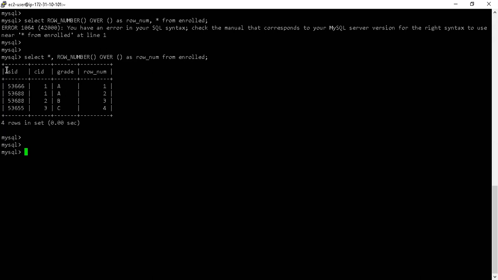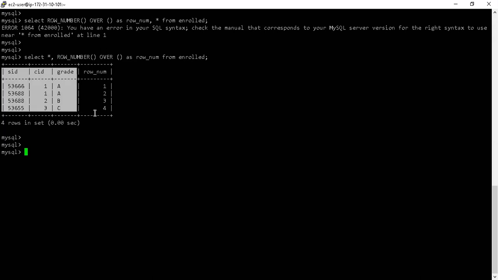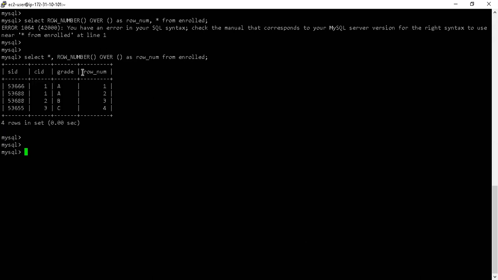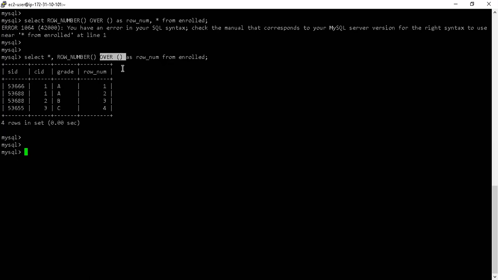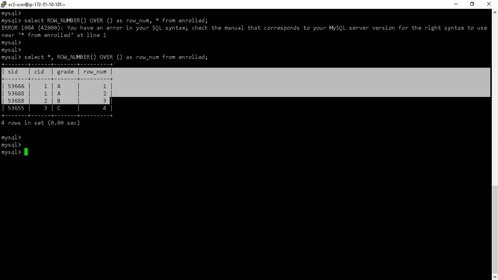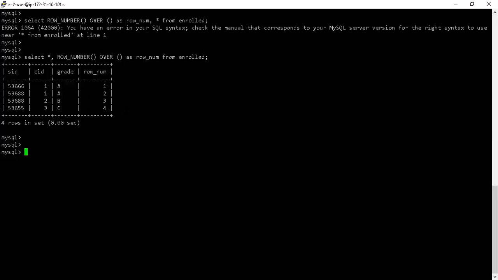Okay, so in this case, these first 3 columns are what is there in the database. And then what I am asking this query to do is that you add a row number over nothing. I'm not giving you any logic, any conditions to check, or any ordering that you need to follow. You simply give me the row number. Alias that column as row num, and then you print the output like this. And that's exactly what it has done.